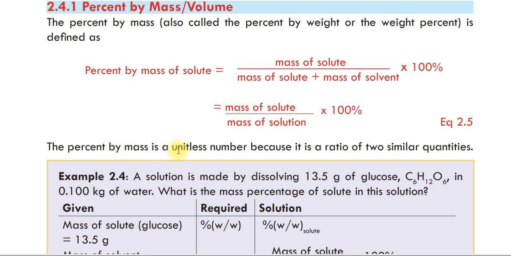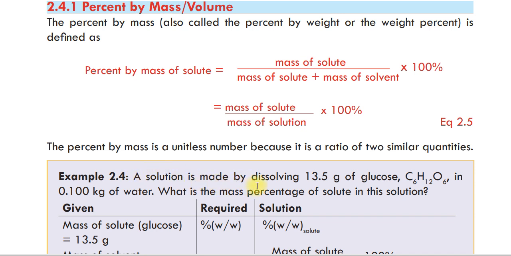The percent by mass is a unitless number because it's a ratio of two similar quantities. እንግዲህ ዩኒትለስ ነው፣ ምንም አይነት ዩኒት የለውም፣ ምክንያቱም ሲሚላር ኳንቲቲዎች ስለሆኑ። ከላይ ያለው ማስ ኦፍ ሶሊድ በኬጂ ወይም በግራም ሊለካ ይችላል፣ ከስር ያለውን በተመሳሳይ፣ ስለዚህ ይጣፋል ዩኒቱ። በዛ ምክንያት ዩኒትለስ ነው ማለት ነው።